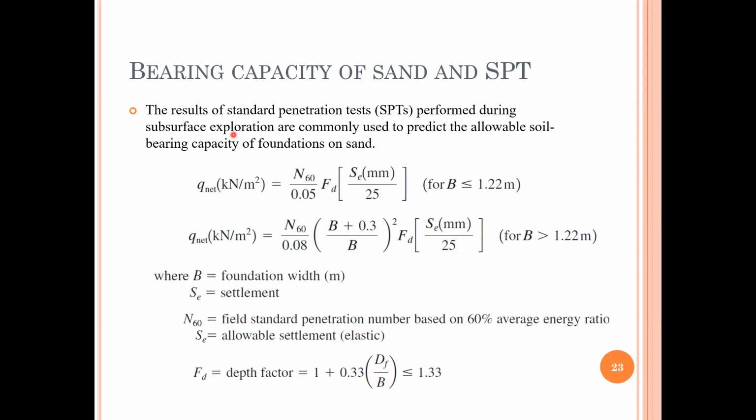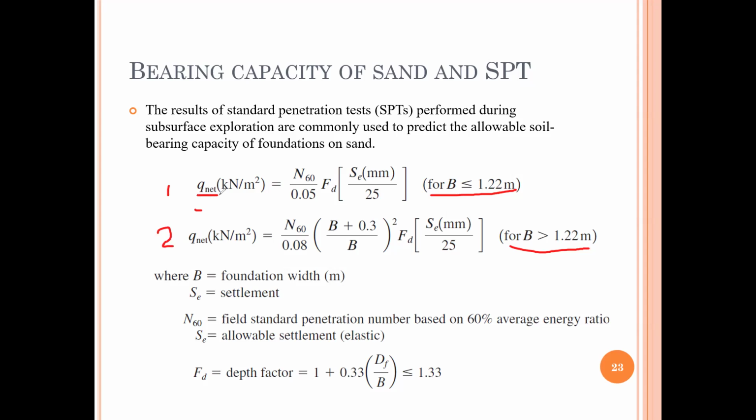I think we will learn the standard penetration test separately, but we will be getting the N60 value. That's the field standard penetration number. With that number and the dimensions of the foundation, let's say if it's 2 meters, the width would be more than 1.2. If the width is like 1 meter, it comes under this category. Either way, based on the width, we can use either the first equation or the second equation to figure out